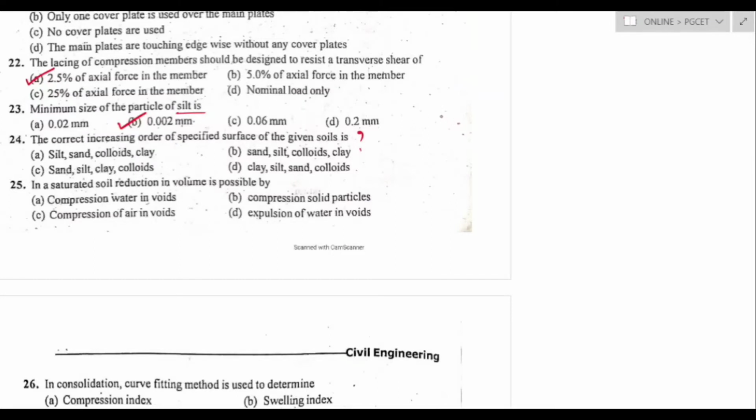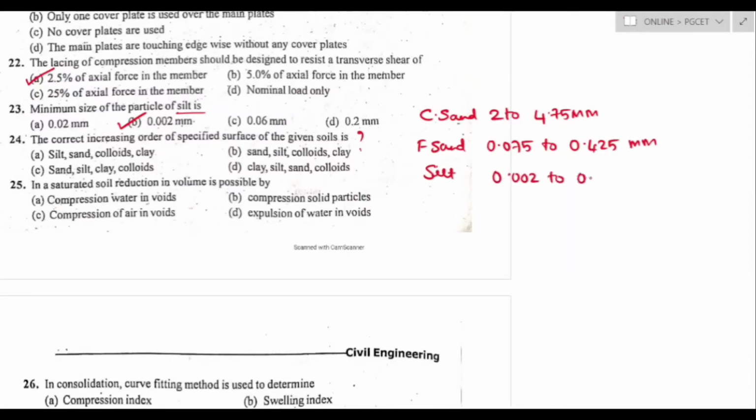From BIS classification of the soil, we know that the coarse sand size is 2 to 4.75 mm and fine sand is 0.075 to 0.425 mm, and the size of the silt is 0.002 to 0.075 mm, and the size of the clay is less than